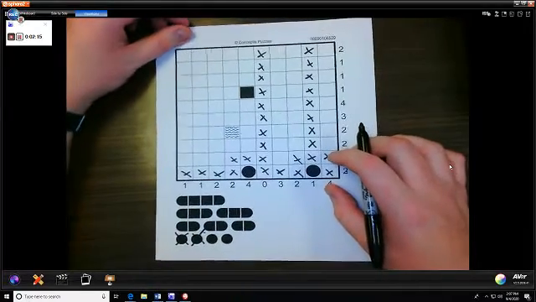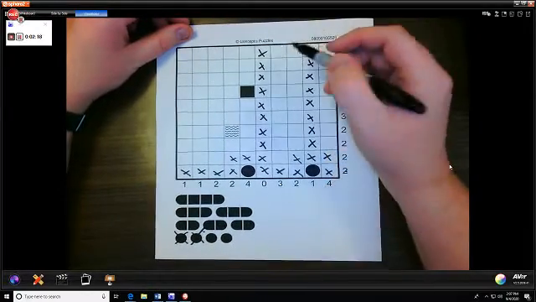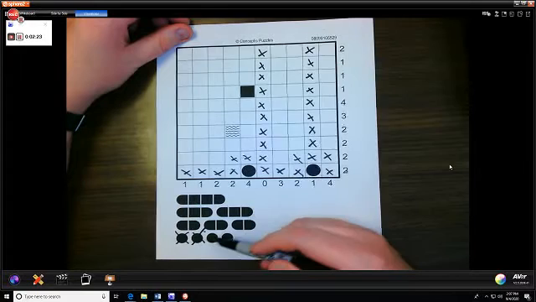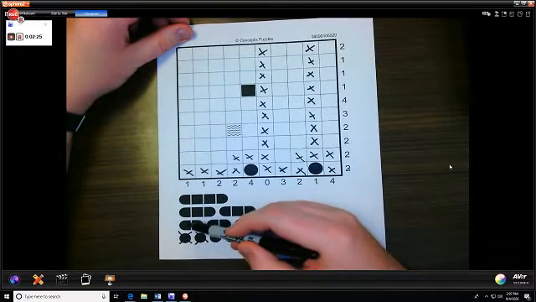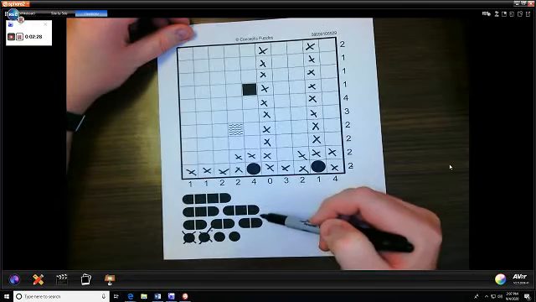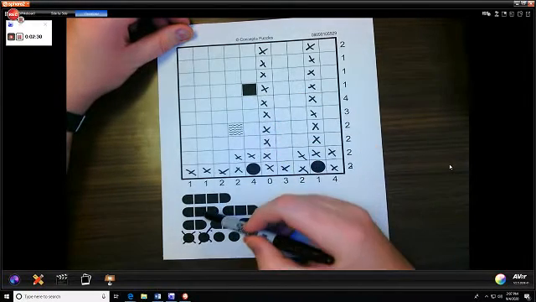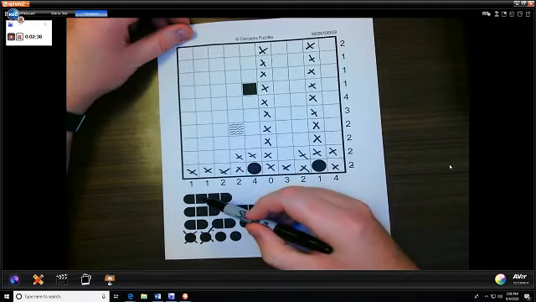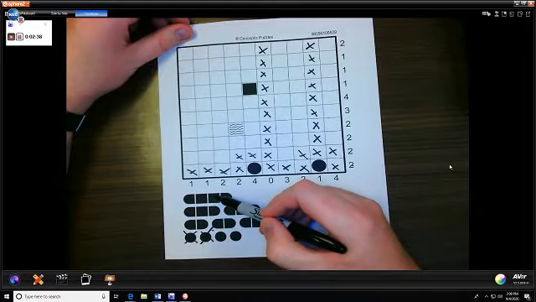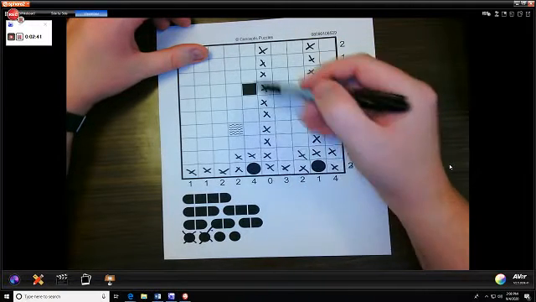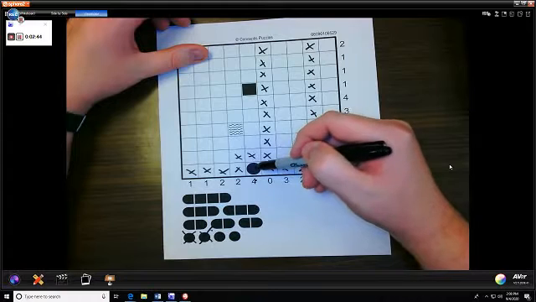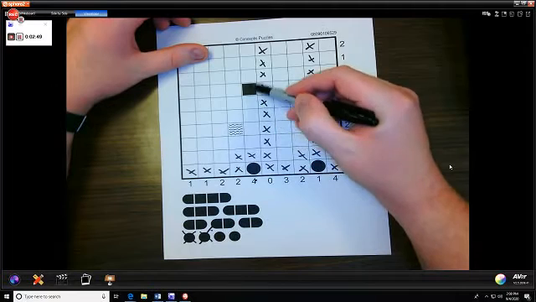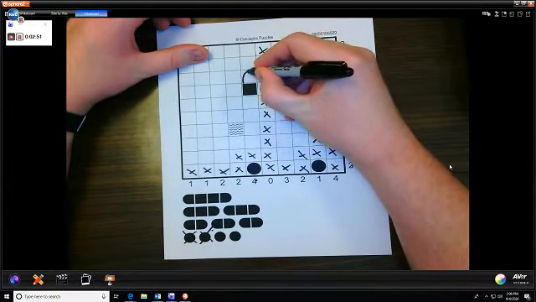Now is where we're going to have to start to do a little bit of logic to figure out the solution to this problem. If we take a look, here we have a square. So we know it can't be any of these ones down here, and it can't be any of these ones here. They're the wrong size. We know that this one can be either the middle of this one, the middle of this one, or one of the middle spots for this one. We don't know. But if we look, this row calls for 4. It already has 1. This makes 2, so there's only 2 remaining spots. So that means that it has to go here